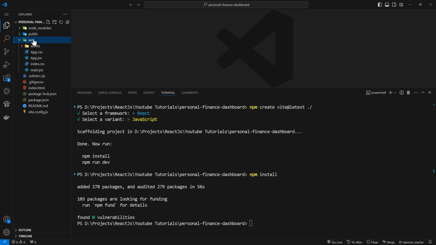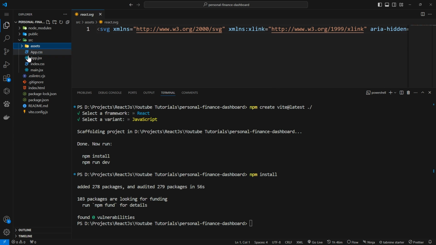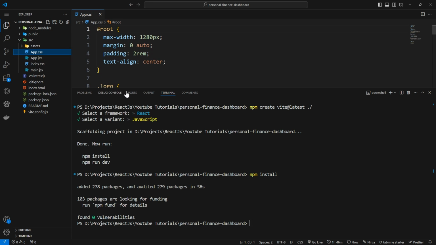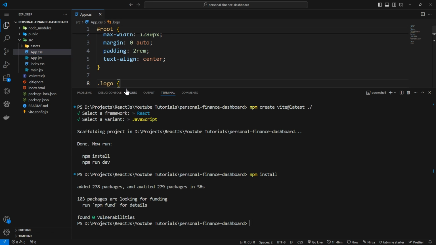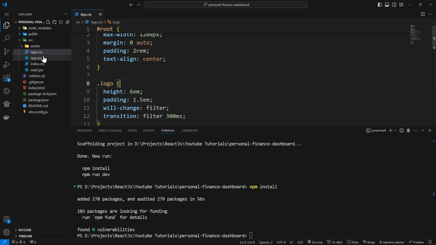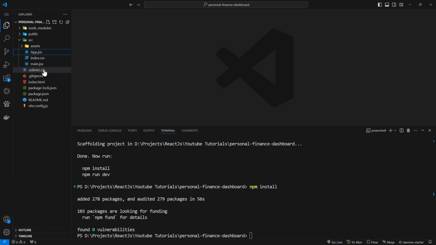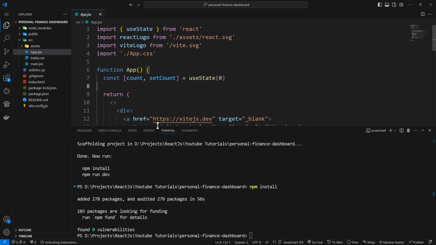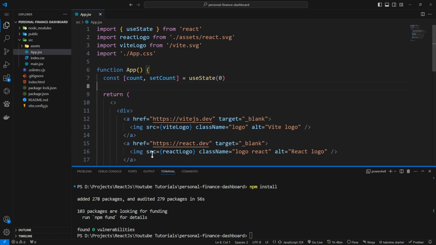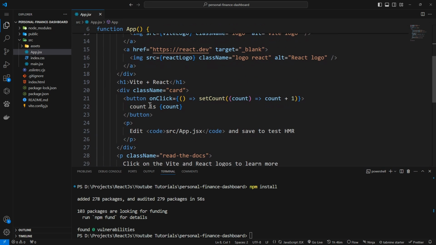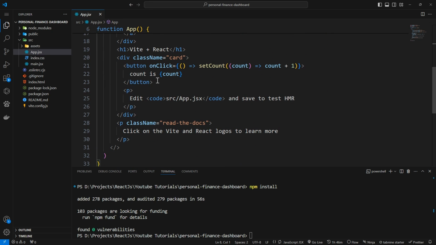And there is the src directory, where you'll be doing a lot of the work. In it, you have assets, which has the React logo, right? And there is the App.css, which is for styles. We will not need this, so we can delete it. There is the App.jsx. In this App.jsx is where a lot of your code happens, right? Okay, so this is, I would say, the main file. Now you see that there is also the